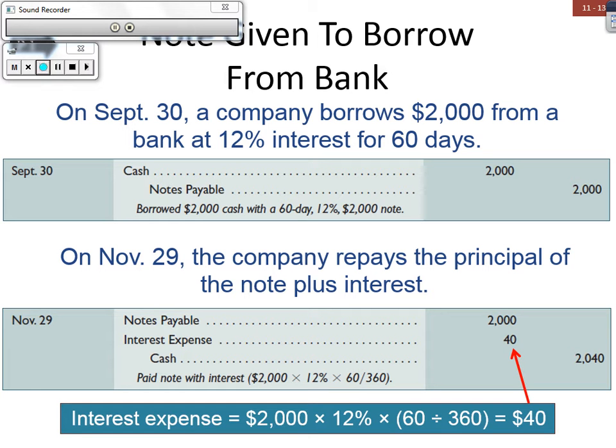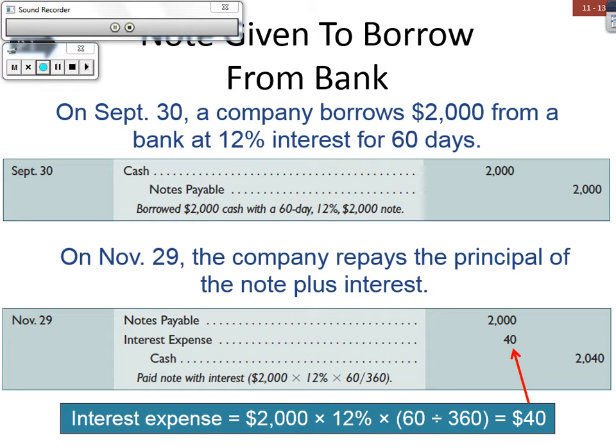So to show that the company received the money from the bank, it's just a debit to cash for that $2,000 and a credit to their notes payable, so that they know that is an obligation for the next 60 days of $2,000. Now, on November 29th,